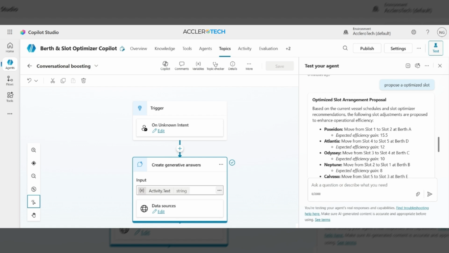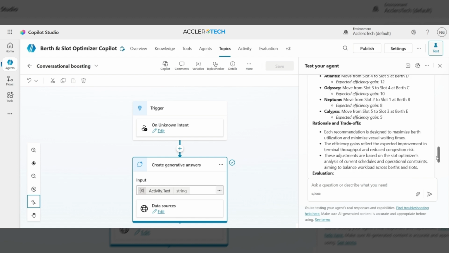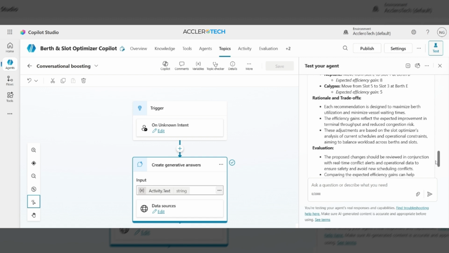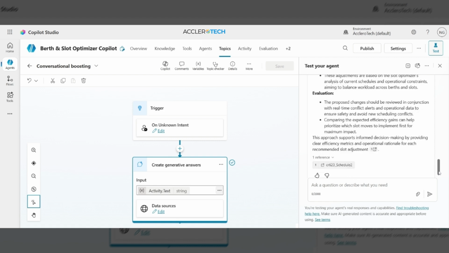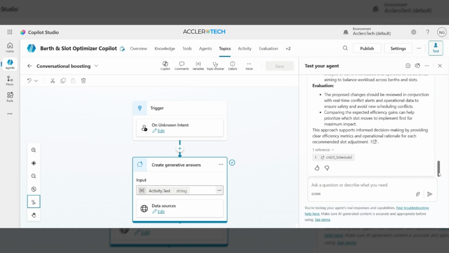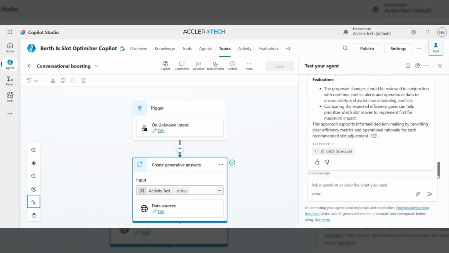It has given the vessel name and how to move from slot 1 to slot 2 at berth A, and then the gain. It is also giving the reasoning behind the decision so that it supports the recommendation, and somebody who evaluates it can use this to verify if the recommendations are correct or not. That is it for berth and